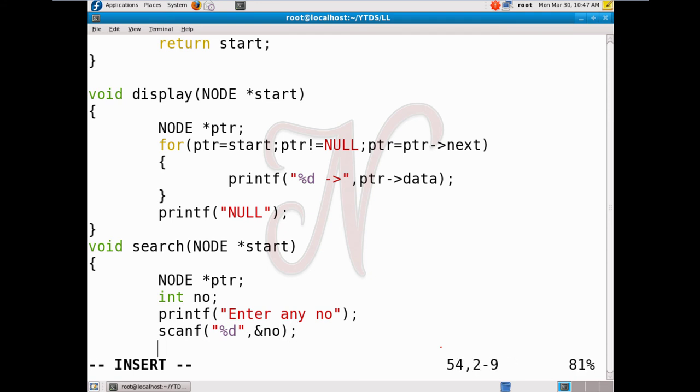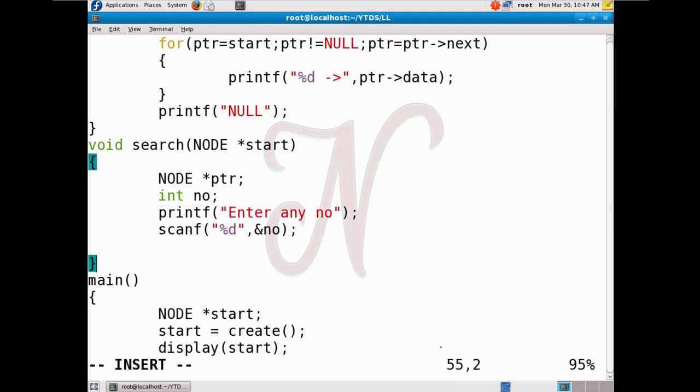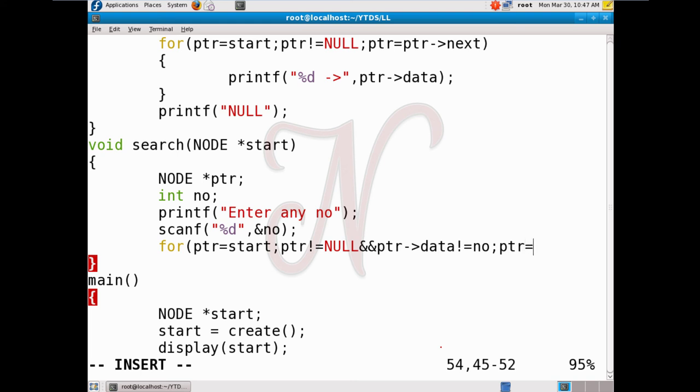By using a for loop, we search a node in a linked list, ptr equal to start. Ptr is not equal to null, and ptr of data is not equal to number. Then ptr equal to ptr of next.